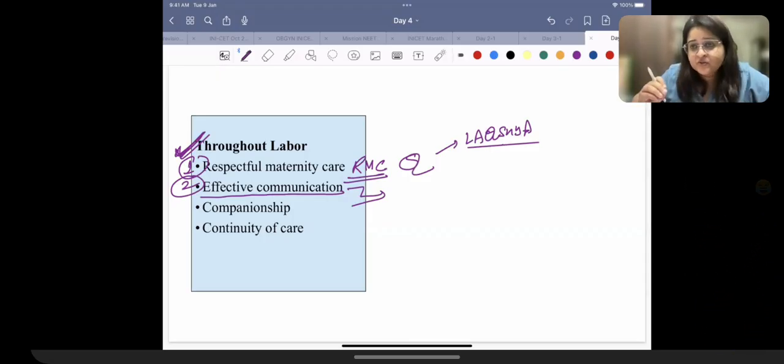If you're starting oxytocin, if you're giving misoprostol, you have to tell the patient why you are doing what you are doing. Okay, so make it a habit wherever you go and practice. Even if you don't take up obs and gynae, or whoever is in final year and whose posting is yet to happen, try to establish these practices now only, because I have seen my own residents and a lot of